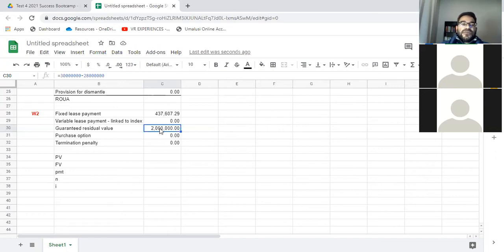That's basically what we are doing. We're just ensuring that the lessor is guaranteed 30 million rand. The lessor is going to get 28 million rand at the end of the lease term as a result of selling the factory. But that is not 30 million. So how do we get to 30 million? We need to give the extra 2 million. So that is basically what we're doing over there. Obviously, these are all estimates. Things can change. Then as things go along, we'll maybe have to do reassessments. But at this point in time, that is the outflow that we're going to have at the end of the lease term. Does that make sense?